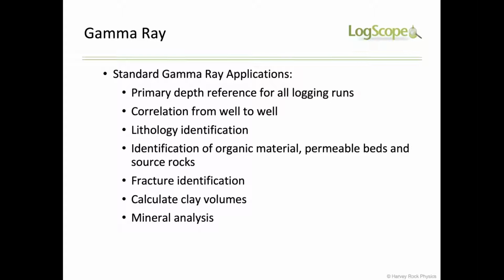It's used for lithology identification, and in high gamma rocks it can be used for inferring organic material, permeable beds, and source rocks. It can also be used for fracture identification, and it can calculate clay volumes and mineral analysis. More detailed information on this is provided in the handout. That's one of the two download files